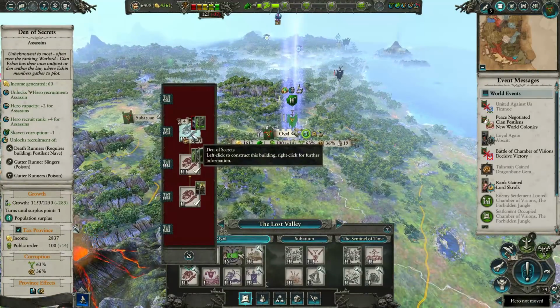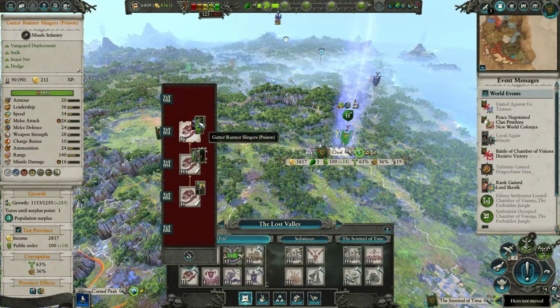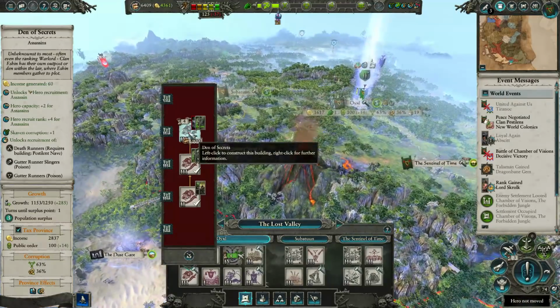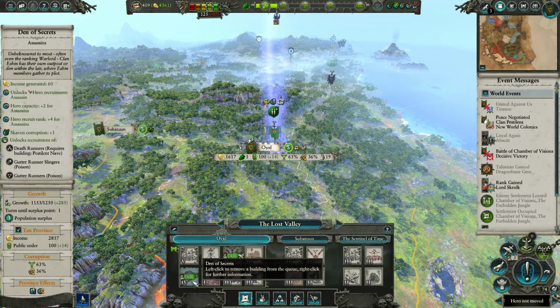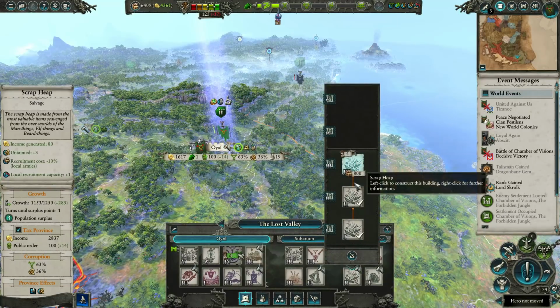And go on then, while we've got the money, let's get the Den of Secrets up. So yeah, I can actually get some permanent Death Runner and Gutter Runner slingers with poison permanently. That strikes me as a sensible idea. Though actually, I think there's a more sensible one. Hang on. Cancel that for the time being. Can we just cancel that? Yes, cancel that. Get the money back, because if I get the...